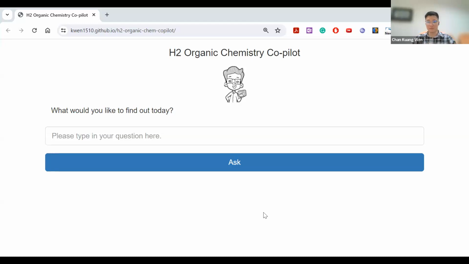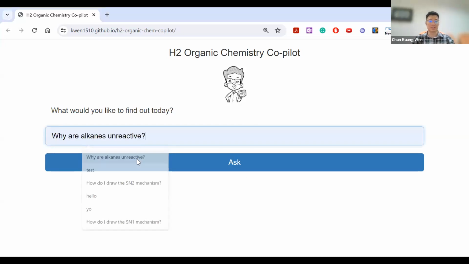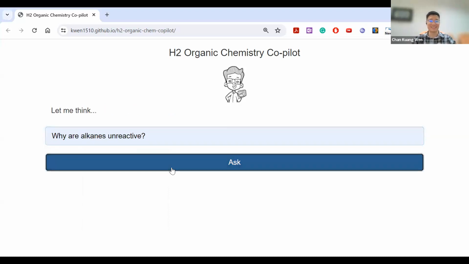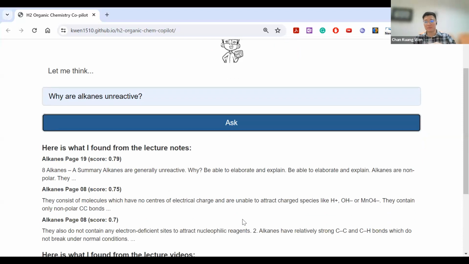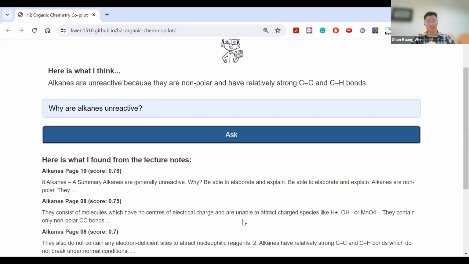This is something that we have actually deployed, and I've tried it with some of my students. Basically what you can do is ask it a simple organic chemistry question, such as why are alkanes unreactive? Hopefully the audience understands what alkanes are. Yeah, it might have been some time. What it will give you is just your typical cosine similarity, trying to match the top K similarity items.